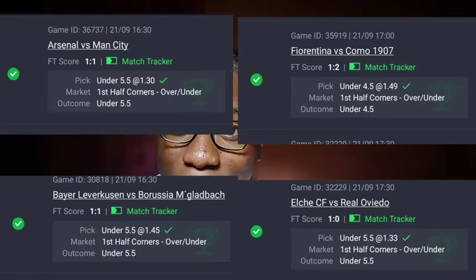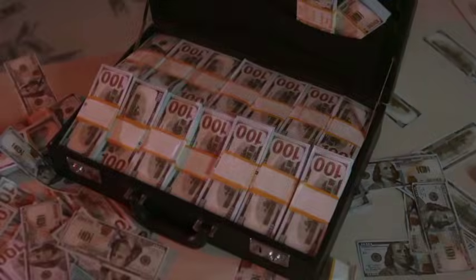In this video, I'll be sharing with you one of the strategies that I've been testing out since last week, and I have been getting a lot of results trying out this strategy. This strategy is basically that we are going to be betting on corners, first half corners. I'm teaching you guys how to do this. This strategy is very secret, and a lot of people have been using it to make a lot of money. I'll be teaching you guys how to do this step by step.